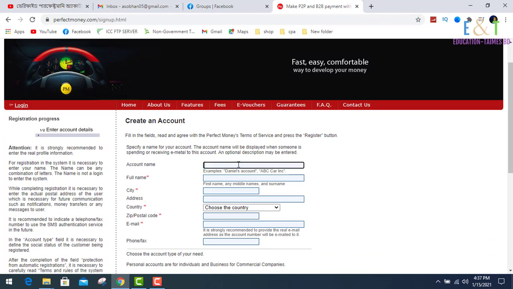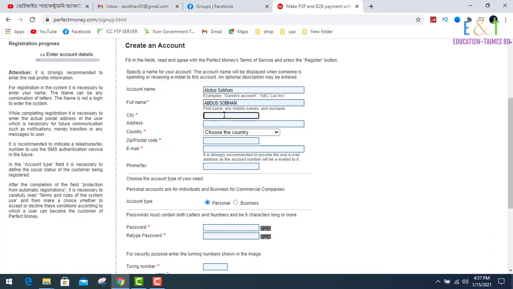Now enter your name, enter your city, enter your address. It's not a mandatory option. Now look at which part has a red star mark. It's very mandatory. I'm providing that. Select your country, select your zip code,